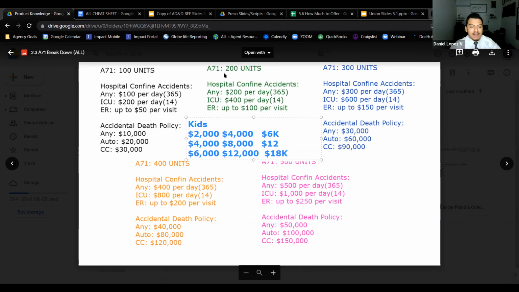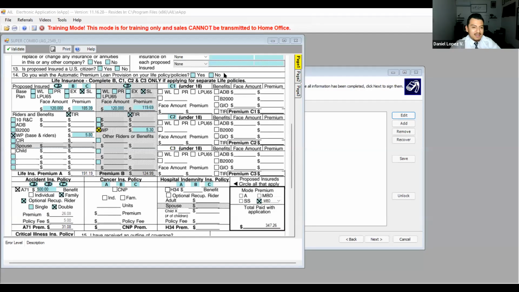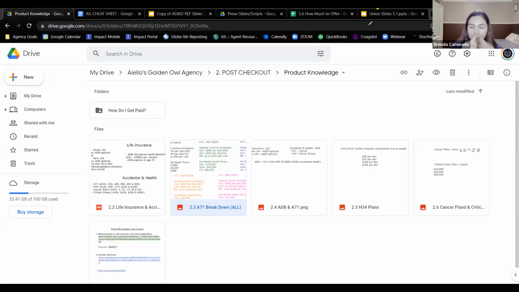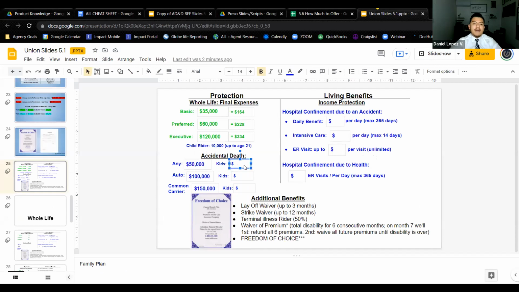Don't worry, you can always text me that, because that took me like 6 months to memorize, even though it's so simple. If ever you forget, just take 20% of one of them, and then just double it and then triple it. So if I'm offering a 500 unit, it starts with 10,000. Now I memorize it. 20,000 and 30,000. That's a lot of coverage.